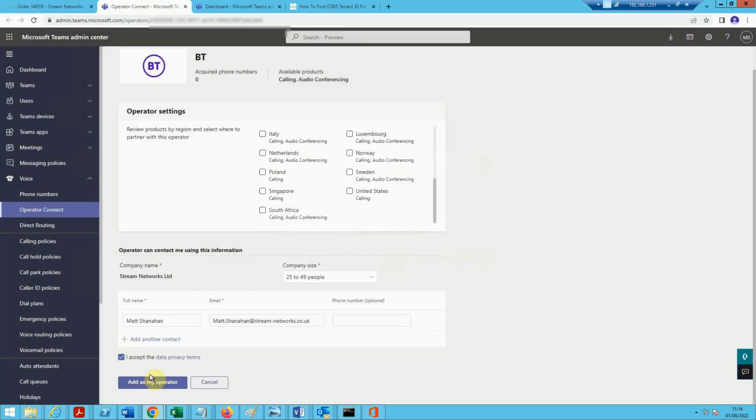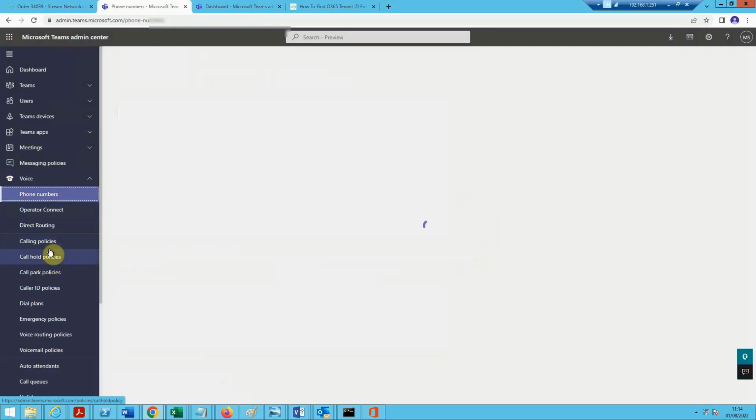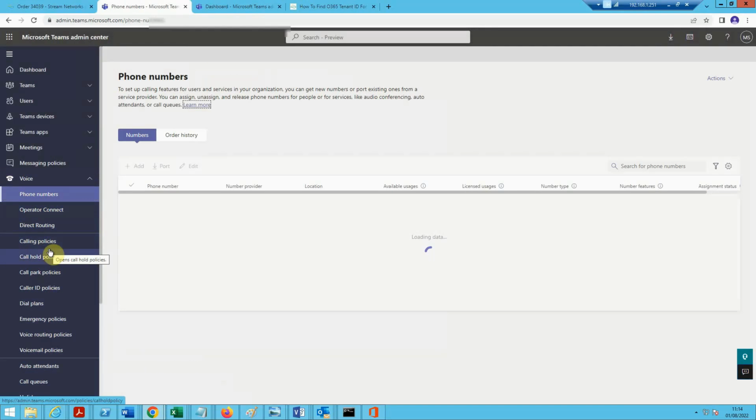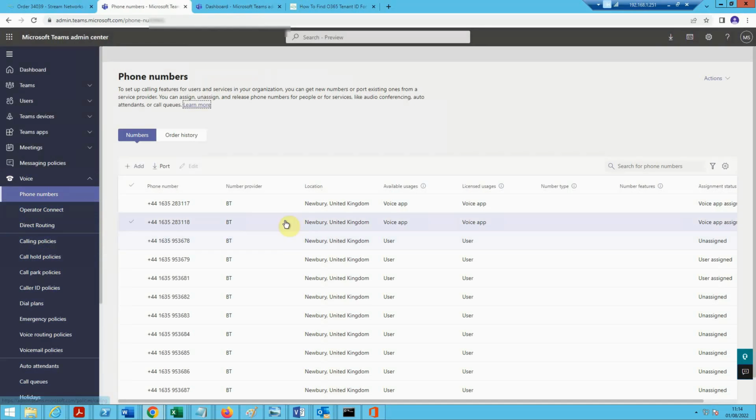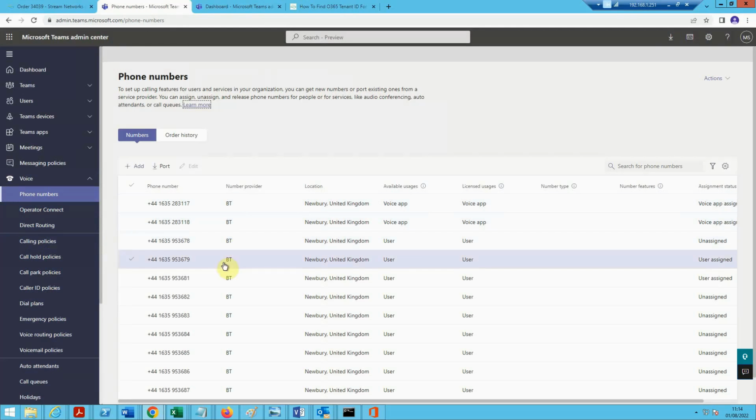Now once you've added that as operator, the system goes through a few system updates, but later that day, if you then go into phone numbers, you will see the DDI numbers that have been sent via API up to your Teams tenant,